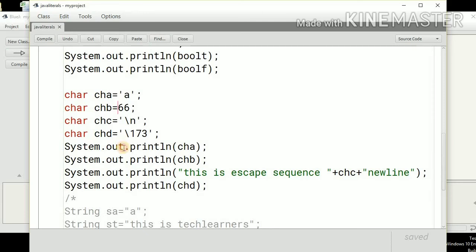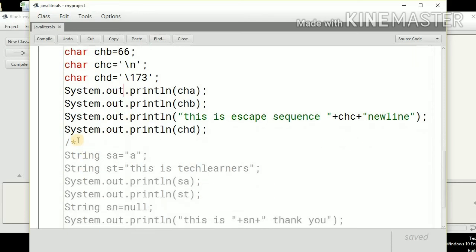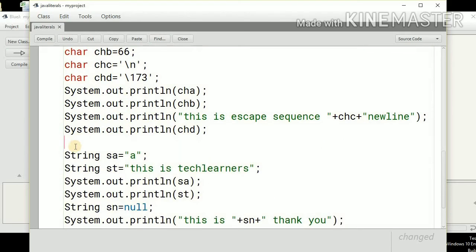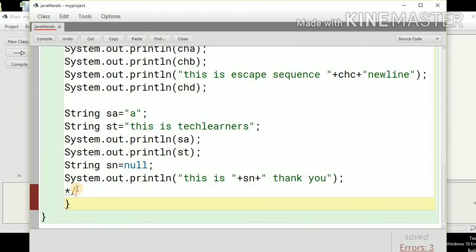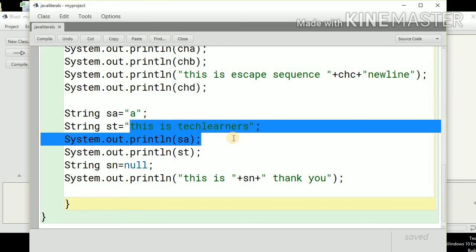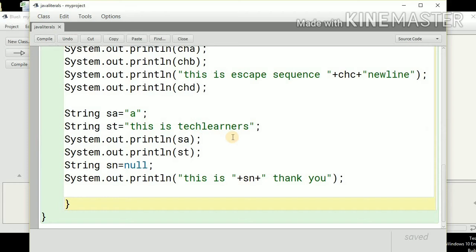Obviously, the string literals will be assigned to string variables using the string data type. I have created one string with a single character, but it is enclosed by double quotes. That means it is a string literal, it behaves as a string literal. And then this is a complete message: this is Tech Learners, you are learning the Java language on Tech Learners.